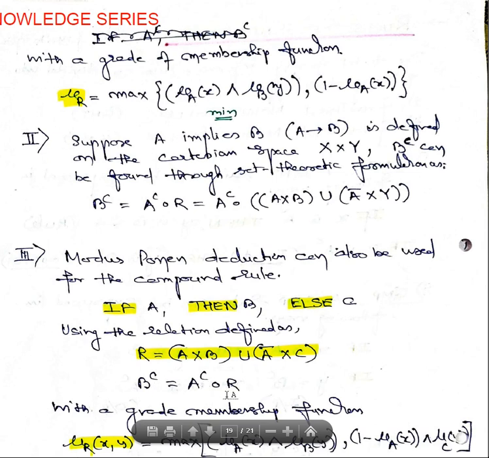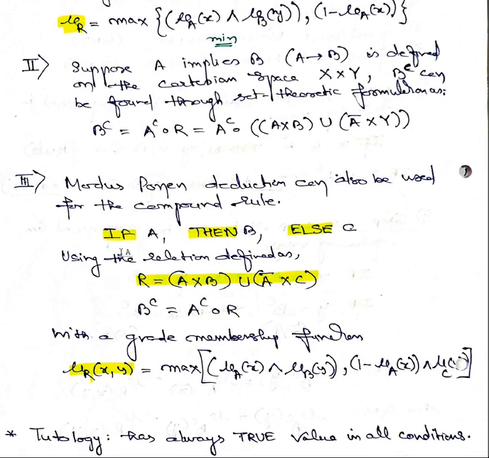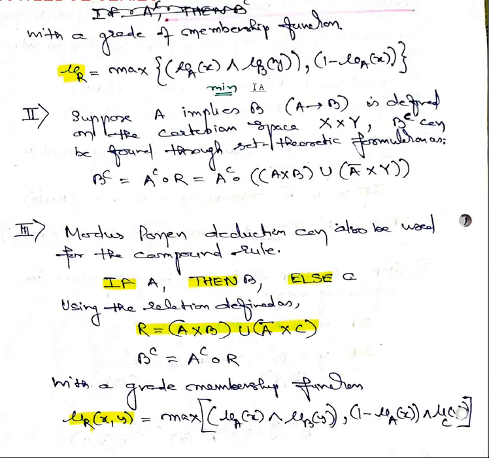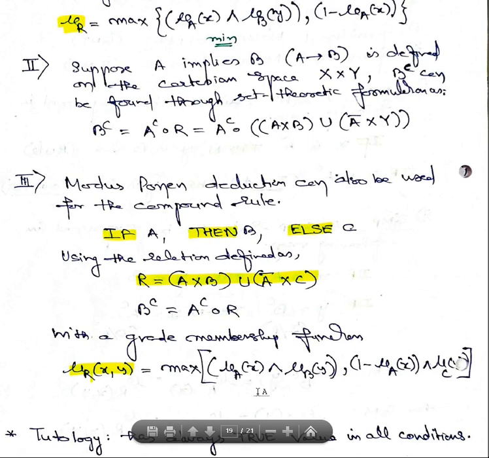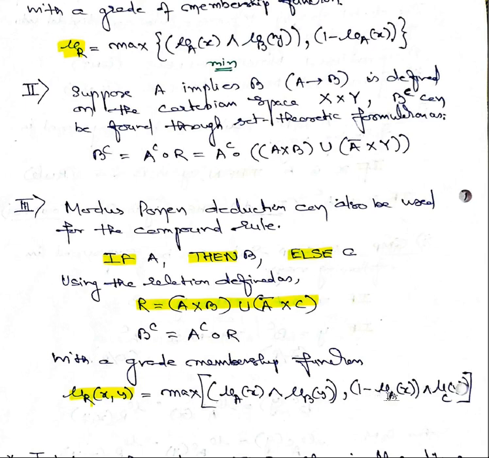So here B of C is equal to A of C, A complement into R. So these are the two things coming in as per the definitions of this statement. So if you write it in terms of membership, then mu R of xy is equal to the entire expression, represented just like the previous case: the membership function of x, conjunction of the membership function of B of y, its minimum operation, then the negation of membership functions is done, or the complement is done of a membership function of x and its conjunction with the